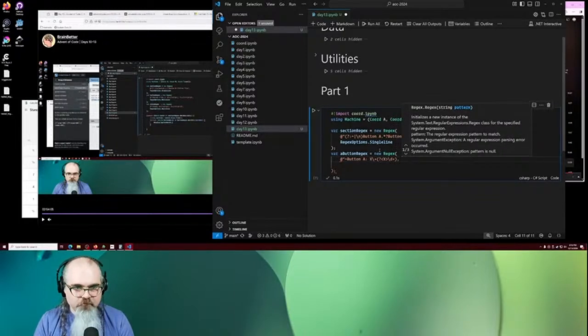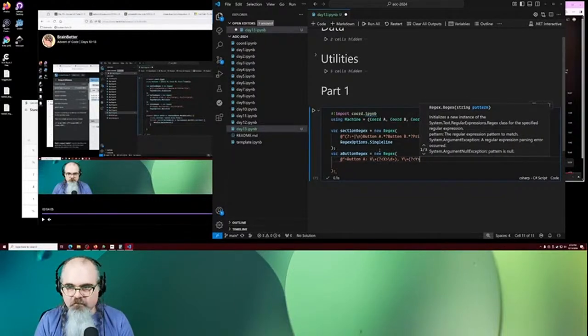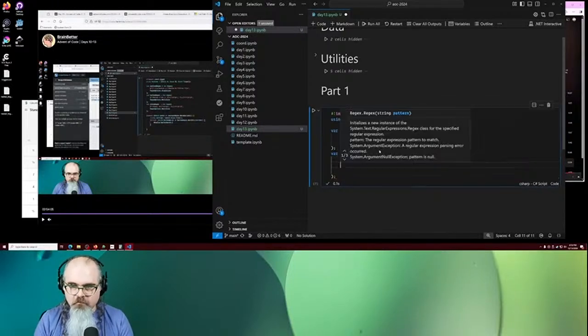Then we need a capturing group named Y, \+, capturing group named Y, \D+, and then we're looking for the end of the line as well, comma,